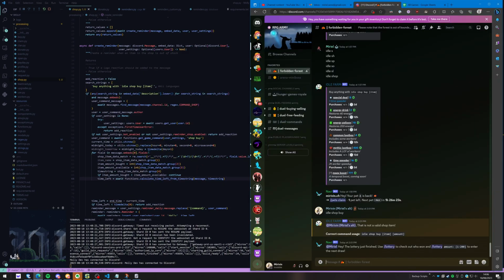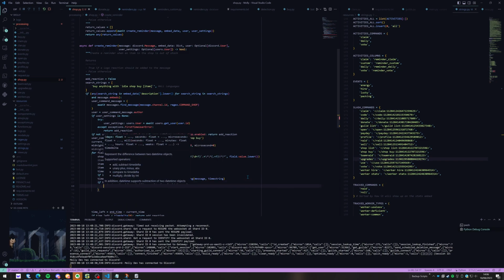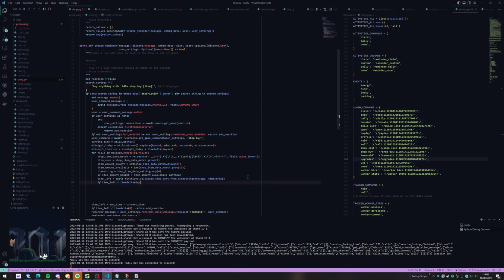Now, if you look at this, it is always either something in hours or something in days, which essentially means that if it is lower than 1 day, it will end the next midnight. If it is higher, it's essentially next midnight and the amount of those days added to that. So if time left is lower than 1 day,